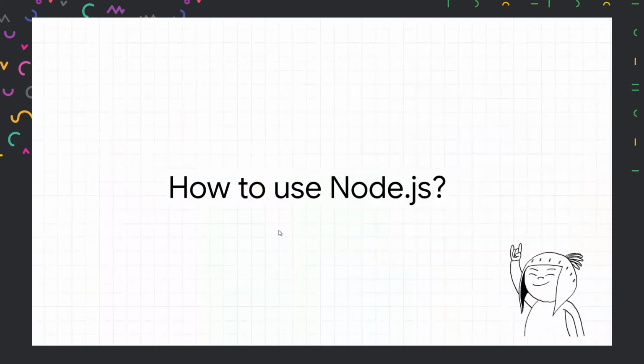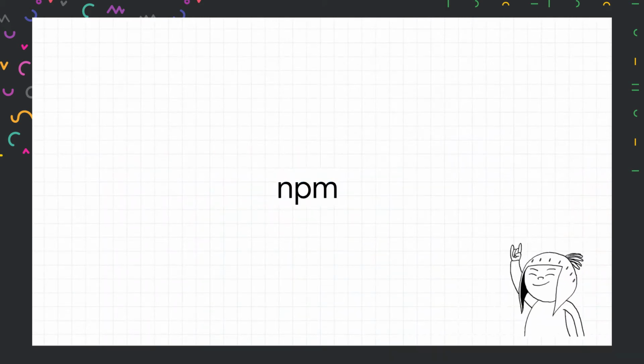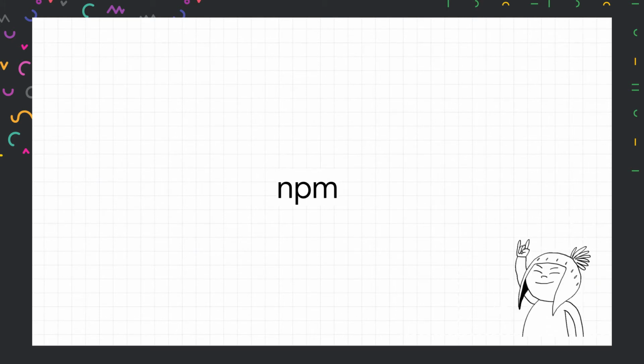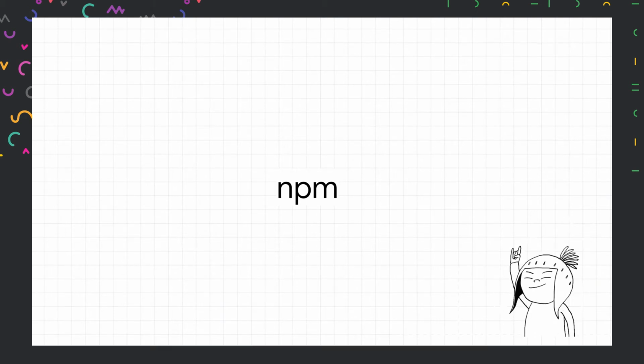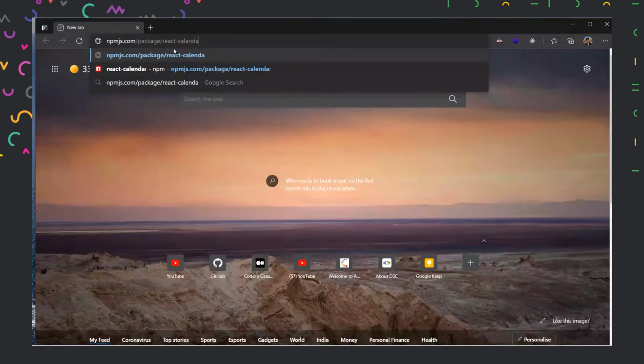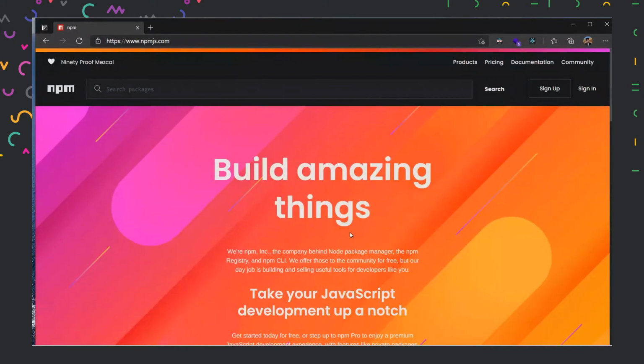So we learned how to use Node.js. Now we'll learn about what NPM is. NPM stands for Node Package Manager, and it can be used to get millions of packages available in the npm store itself. If I show you in our browser, I'll go to npmjs.com. It is similar to the app store we have for our mobile phones, where we could download any application we like.